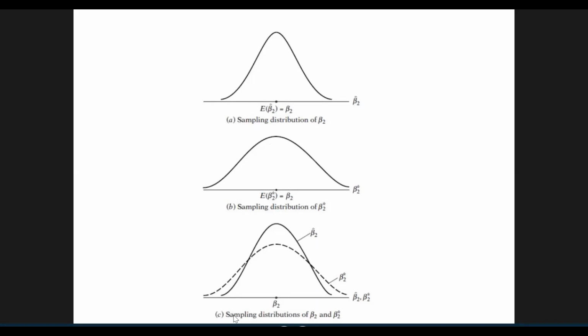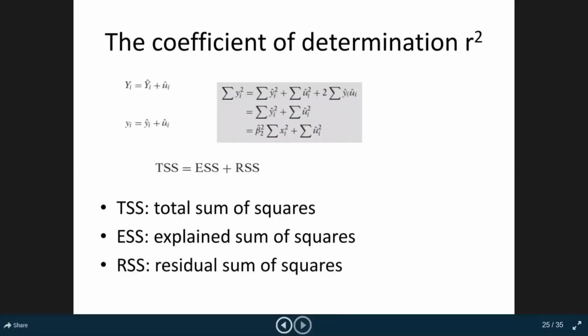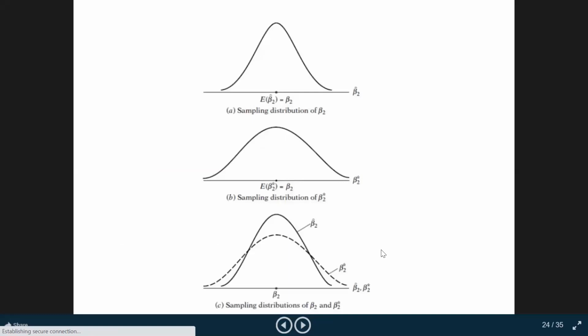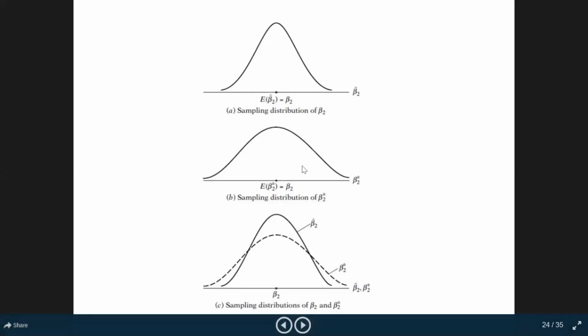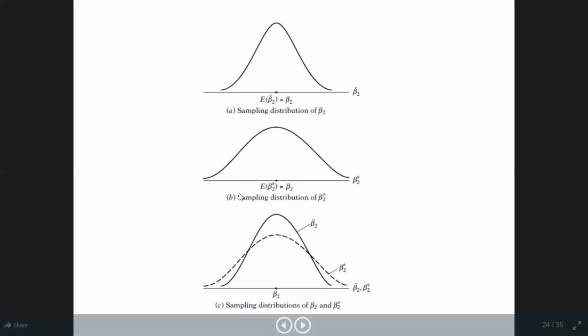And in the third graph they showed both distributions in one graph. So the one having the minimum variation will be preferred. It is clear, or you can read it in the book, the details will be available there, that the estimator whose variance is minimum is preferred. So this is your homework. You have to tell me by tomorrow